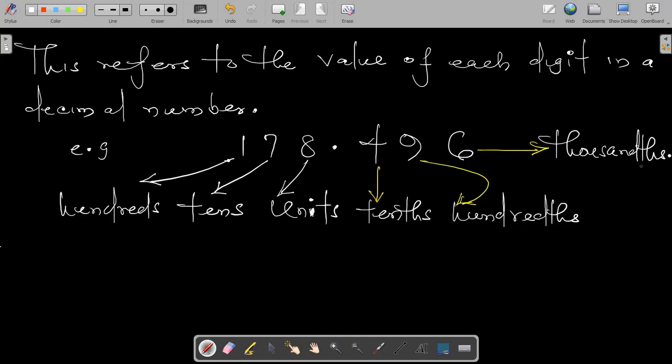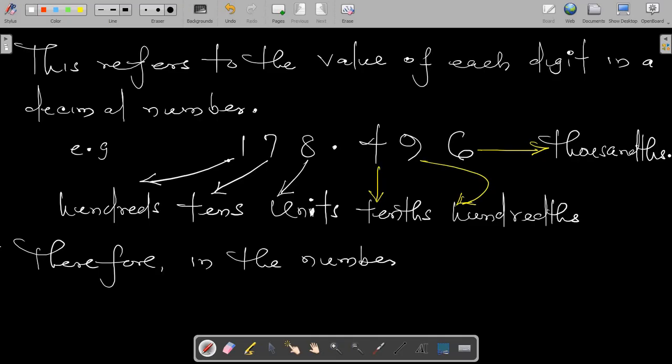Okay, so that is actually what each value represents. So therefore, in the number 178.496,